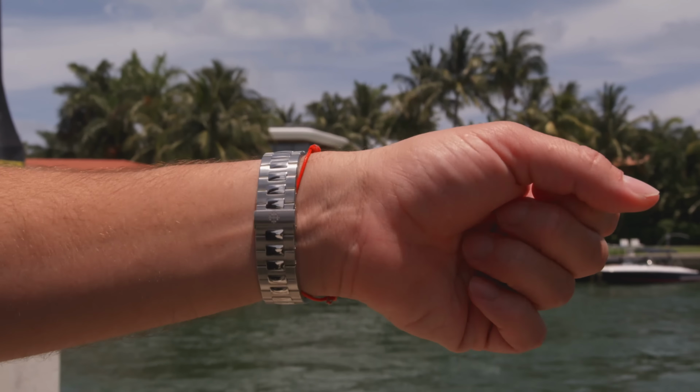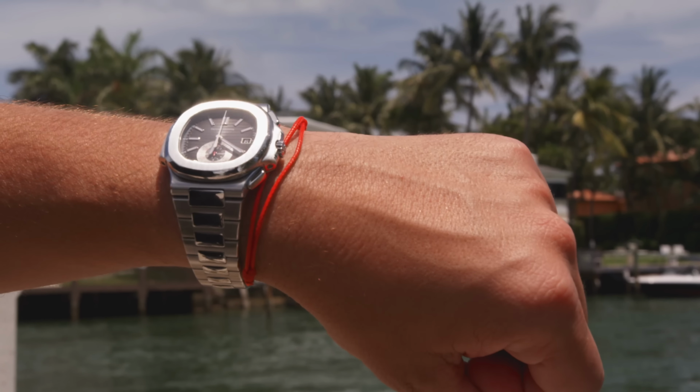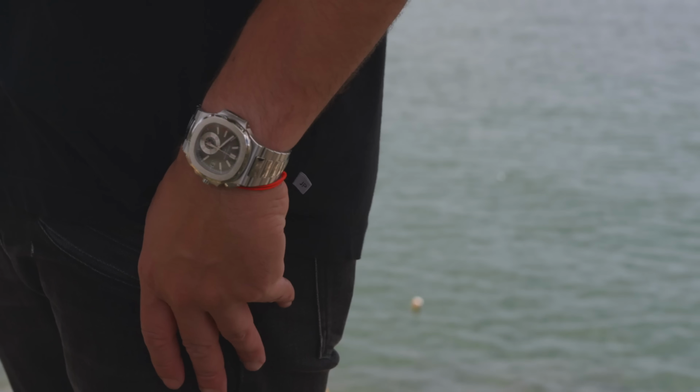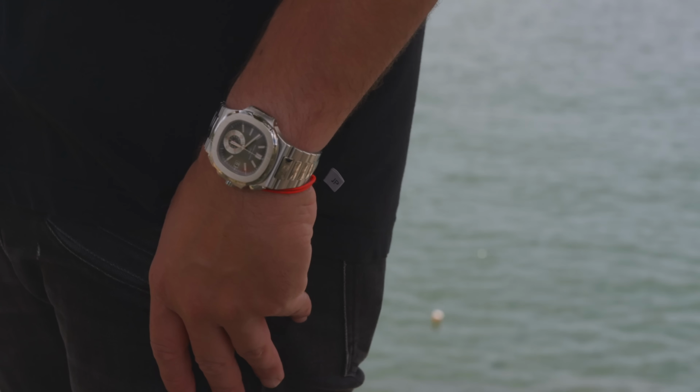So let's talk a little bit about the prices. I'm not quite sure exactly what it was that caused the prices to soar. Whether it was the fact that people started busting down these watches and putting diamonds everywhere, or whether it's just the fact that the Nautilus just blew up and people got more and more into watches and wanted to buy them more. Let's face it, it's not like Patek produces that many to begin with. That whole perfect storm between the popularity, the busting down, and the fact that they don't produce much